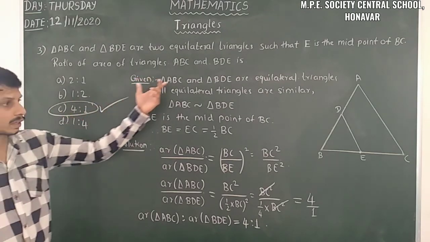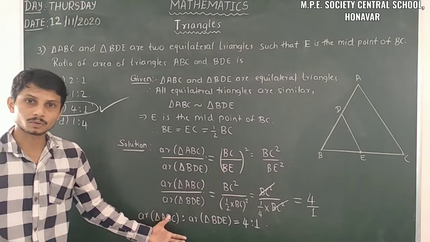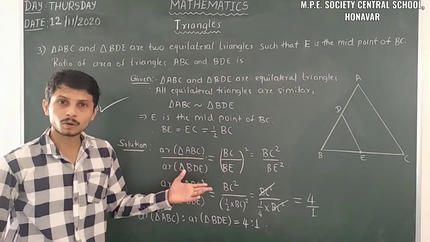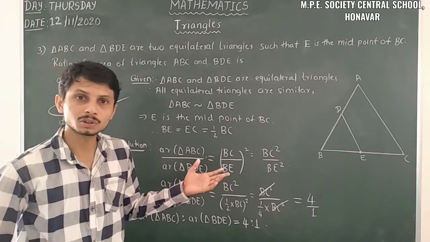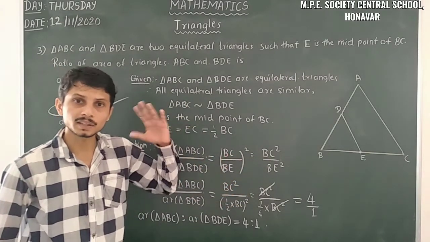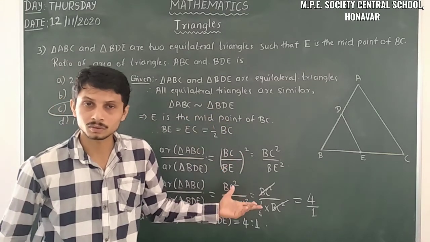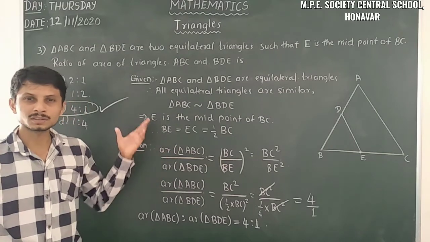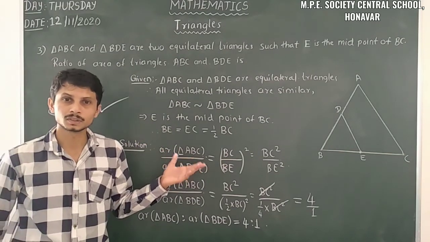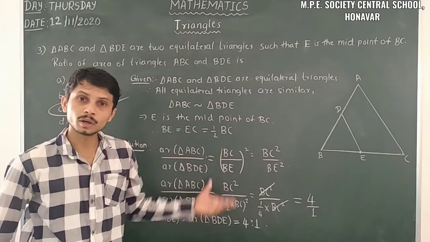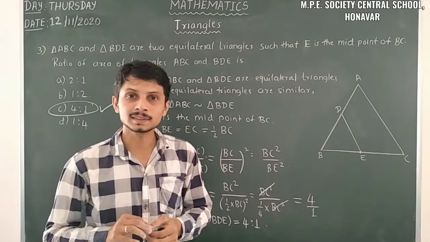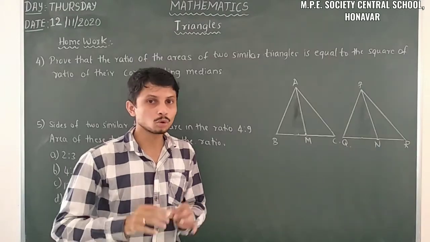So here we have to make some calculations for this problem. Sometimes it is for 1 mark, and for a multiple choice question you have to tick correctly. There it is better to do the calculation mentally. But when it is a 2 marks, 3 marks, 4 marks or 5 marks question, you have to write the complete thing. So let us take some homework. Let us take 2 homework problems here.